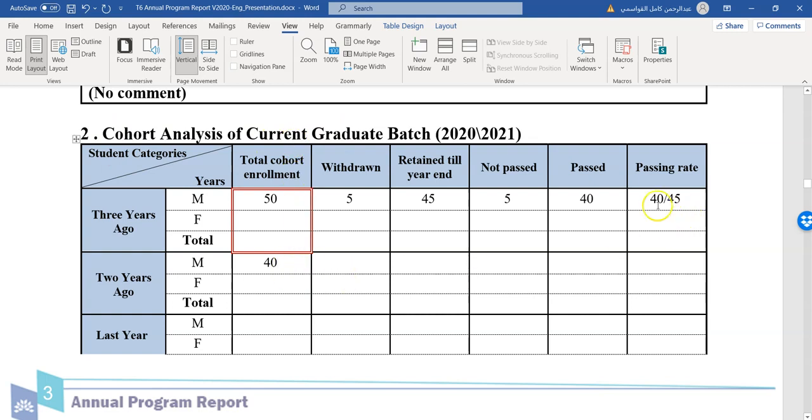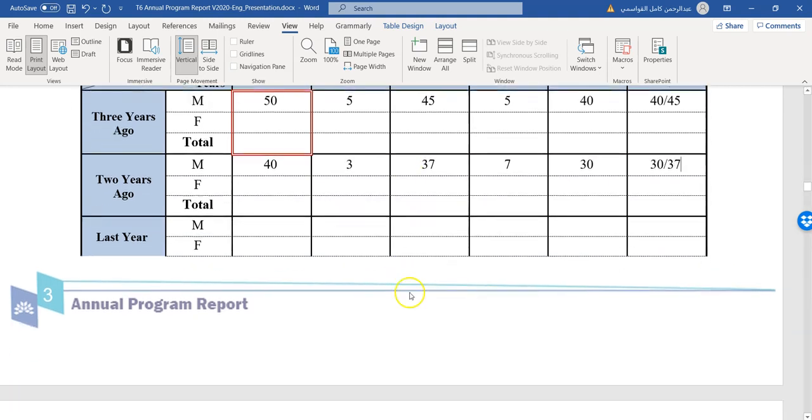I have 40, they passed the first year. So from the 40, withdrawn, for example, 3, I will have 37. From 37, 7 students failed, still 30 passed, which means in the second year the passing rate is 30 over 37. Now in the third year,